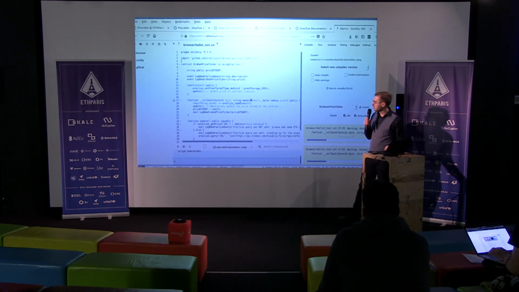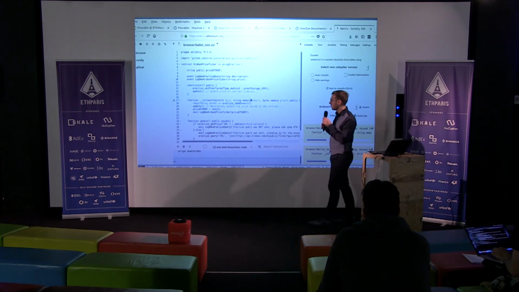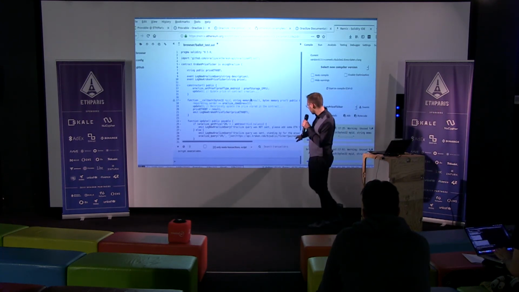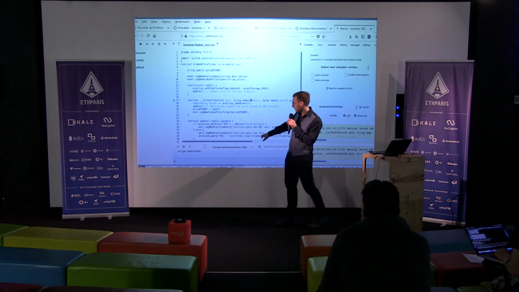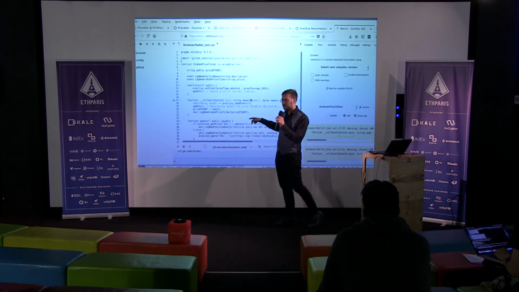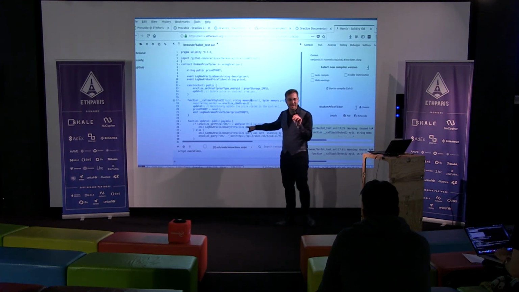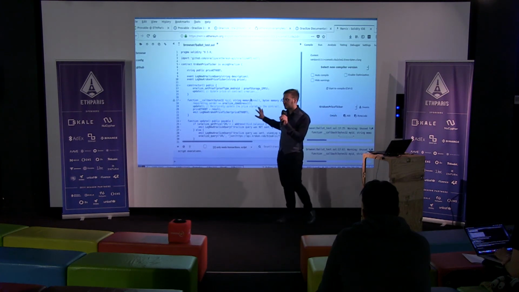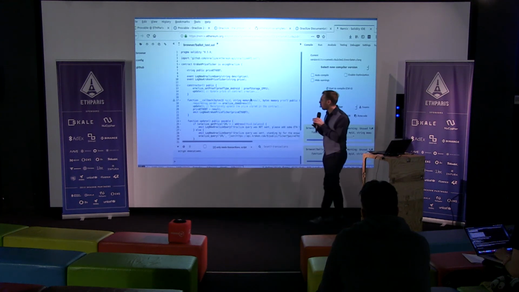This is just a stupid contract that basically keeps getting the price of Ethereum in Bitcoin, I think, via the Kraken API. It does it continuously, so this is really bad to run on mainnet because this gets very expensive very quickly. But for testing, it's quite interesting.